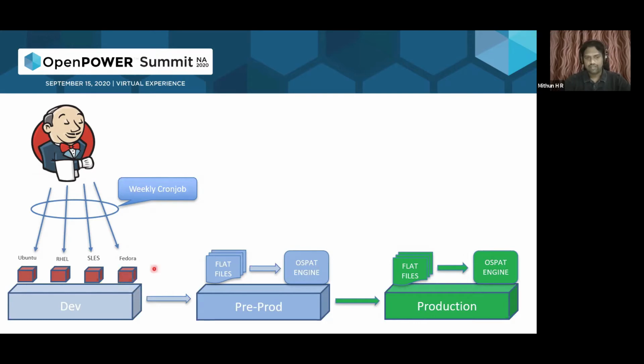So once we have that information, we'll read it into a pre-prod or a testing environment, an integration testing environment, and we have the same replica of the OSPAT engine on the pre-prod as well. Once we test all the packages, the Delta packages which are newly implemented or being consumed into the Elasticsearch engine, and once it works fine, we will be pushing it into production. So we have made use of Jenkins here. That is a bit of automation which we have done so that all this information automatically gets consumed into the OSPAT search engine. Right.